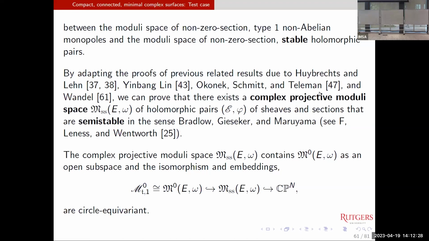And that's all sitting inside a larger complex variety. And these embeddings are also sort of bigger. So you're in the setting where you can apply versions of the theory to help you compute